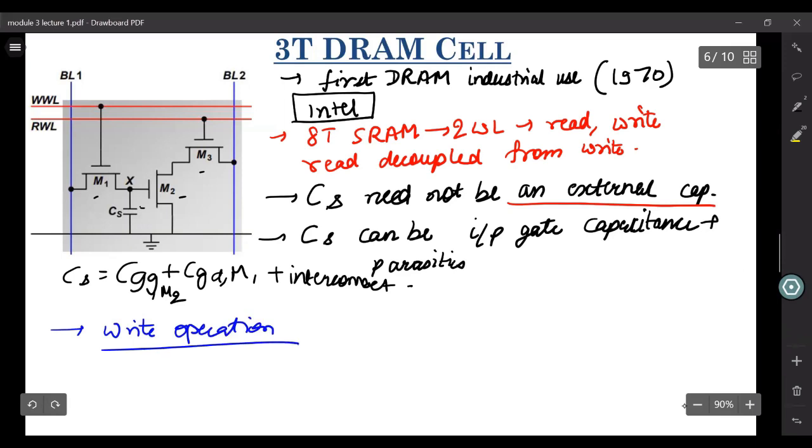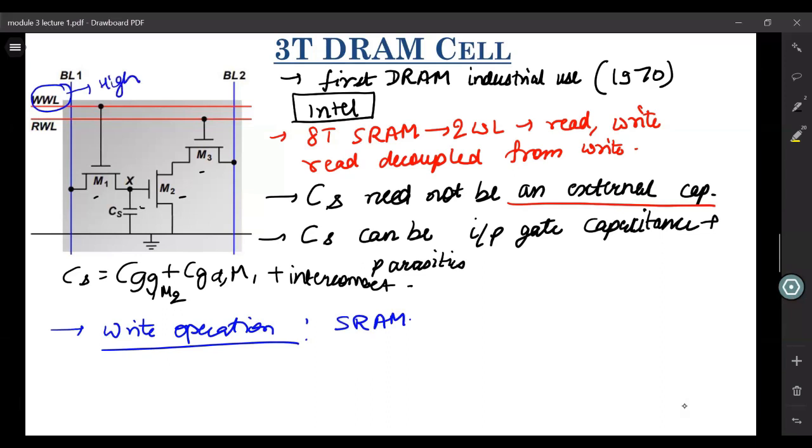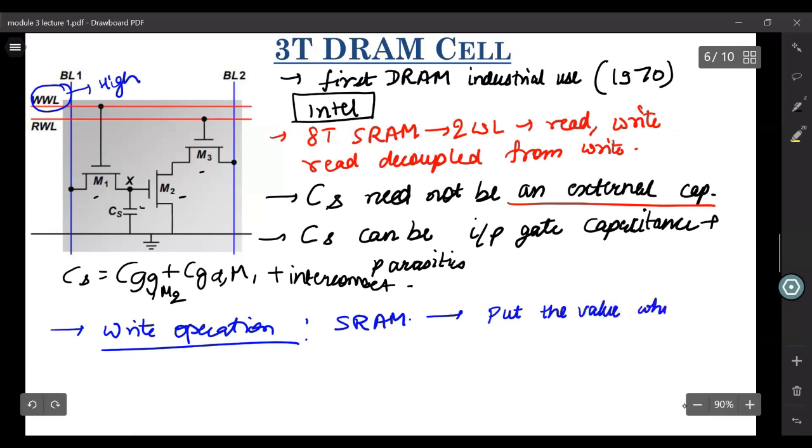So its operation is kind of similar to your SRAM. What we do is we assert this write word line high. So we assert this high. And then this BL1. So first, let me write the steps. First we don't assert word line high. First what we do is we put the value which we want to write